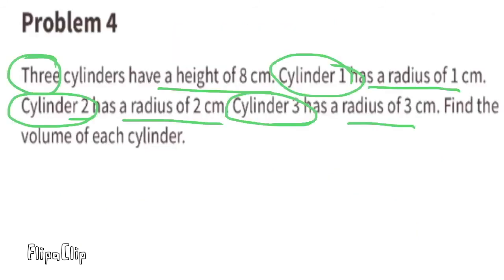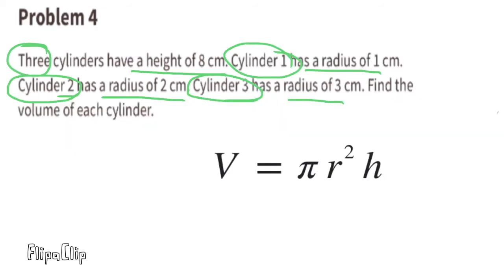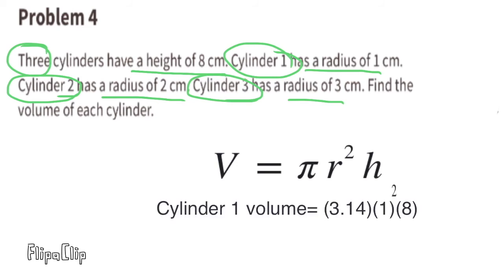Problem number 4. 3 cylinders have a height of 8 centimeters. Cylinder 1 has a radius of 1 centimeter. Cylinder 2 has a radius of 2 centimeters. And cylinder 3 has a radius of 3 centimeters. Find the volume of each cylinder. The formula for finding the volume of a cylinder is pi times r squared times height. Cylinder number 1 has a radius of 1 centimeter, so to find the volume we'll multiply 3.14 times 1 squared